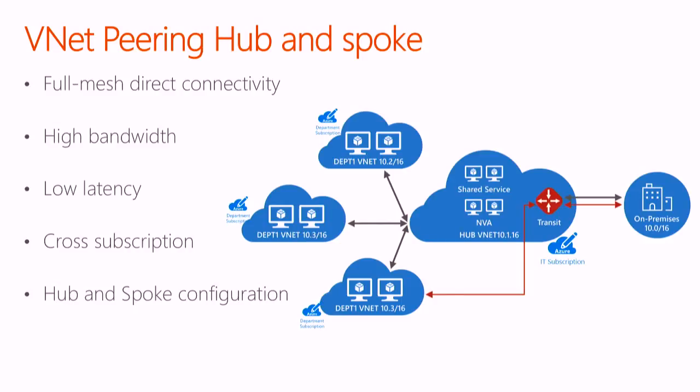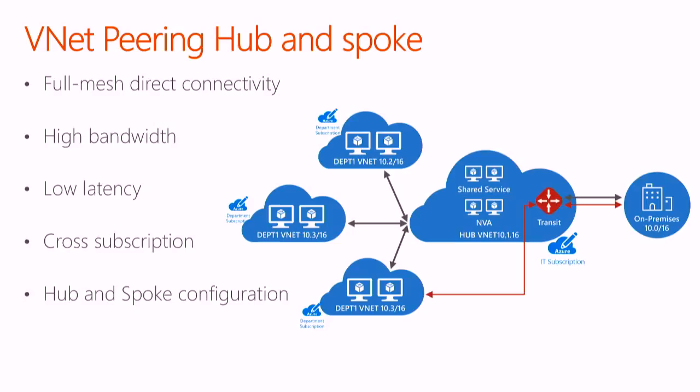The central IT guy could define their first hub VNet, and then individual departments can use their own subscription, and the central IT guy just gives the address space. Hey, use this address space for your business unit, right? And because it is an individual department subscription, charging back will go to the respective departments. The central IT guy need not worry about a common charge and finding who used how much, and he doesn't have that headache, right? So that's the advantage of this hub and spoke model.